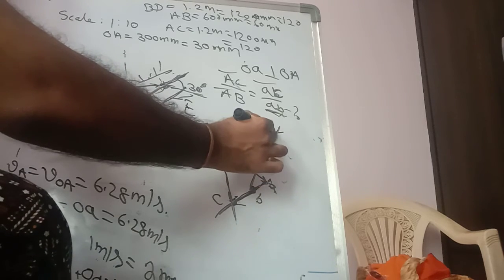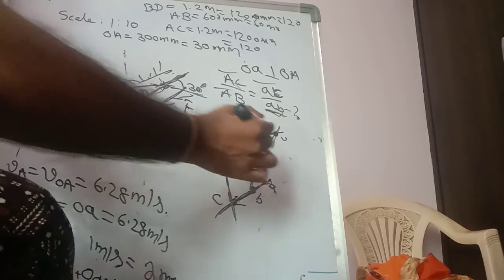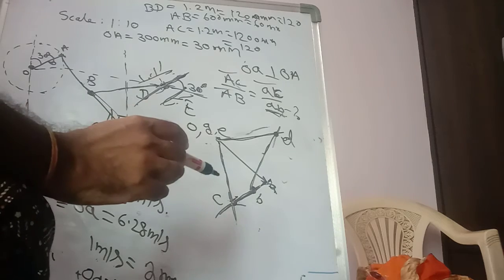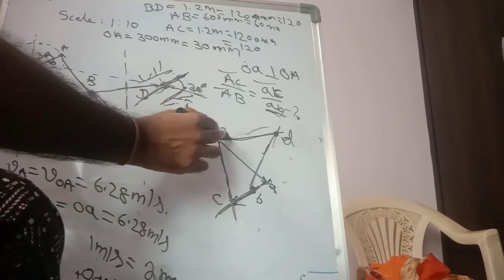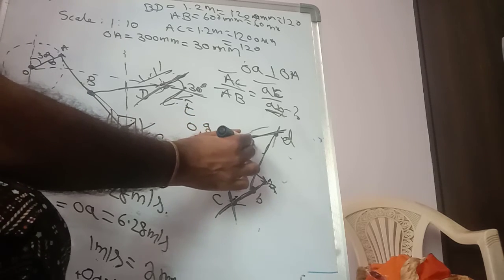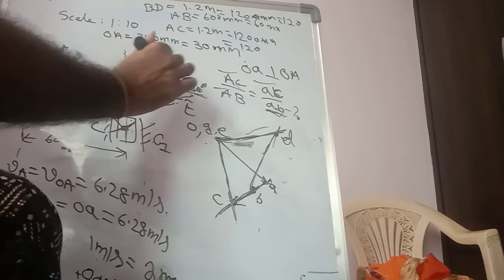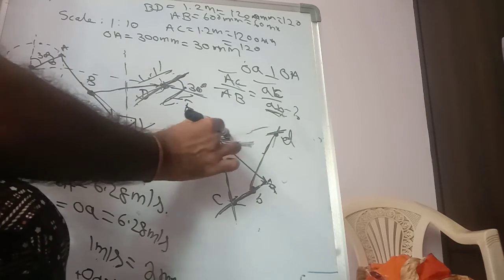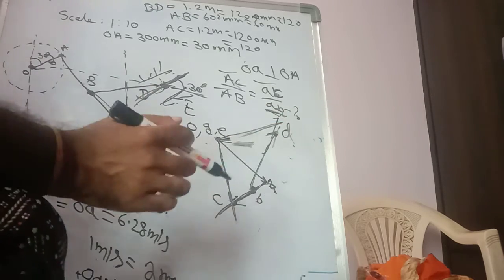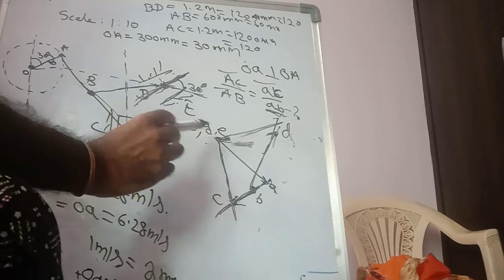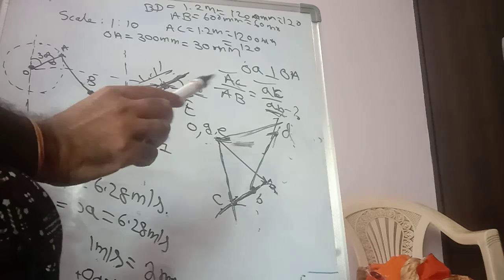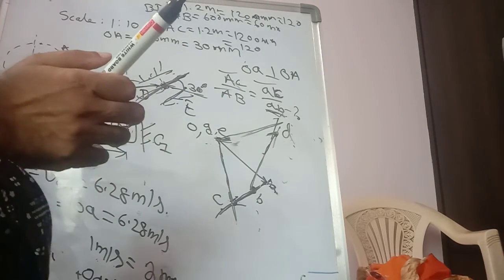So the intersection point of these two is nothing but small d, because E is the slider. So from fixed point e, we have to draw the slider line, which is making an angle of 30 degrees to horizontal, or parallel to this line. So I am drawing this line here, and the intersection point is d. Now we are getting the points o, a, b, c, d. All points are known. Now what do we have to find out in the problem?